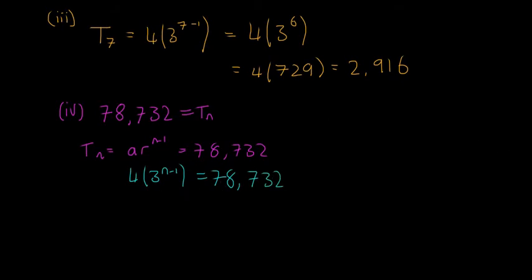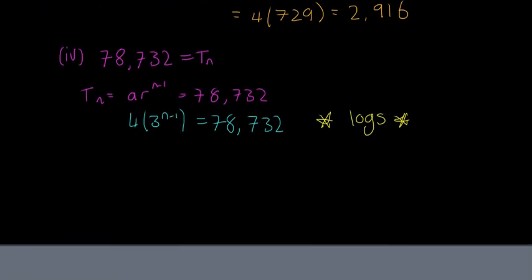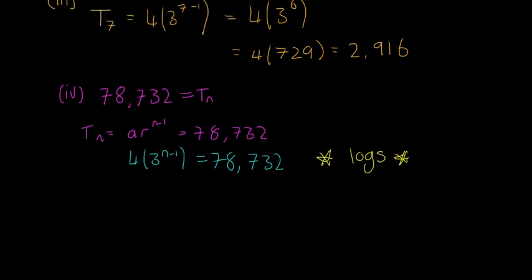So again, we might need logs for this, so I'll just write that here. You might need logs. So if you haven't done logs yet in school, then don't be so worried about the end of this method. Basically you need to revise your logs if you want to solve this. So what I'm going to do is we need to get n on its own and get it down from being an exponent. So first I'm just going to divide across by 4, to get rid of the 4 out here. So divide this side by 4 and divide this side by 4. That 4 will cancel with that 4, and we're left with 3 to the power of n minus 1 is equal to